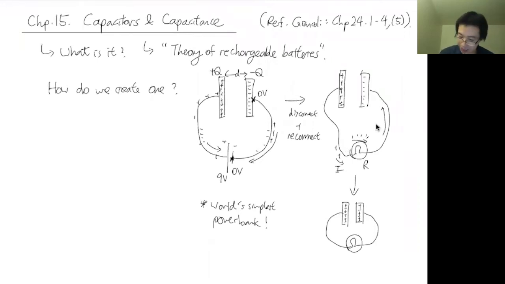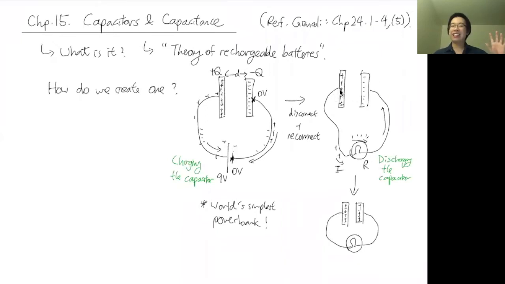Maybe I'll drop that down. So this process is called charging the capacitor. This process is discharging the capacitor. This process of discharging is not constant. The current doesn't flow in a constant way. At first, as soon as you disconnect the battery and reconnect it to a light bulb, all the positive charges are very happy there's a way to go to the other side. So there's a huge surge of charges to rush over to the other side.